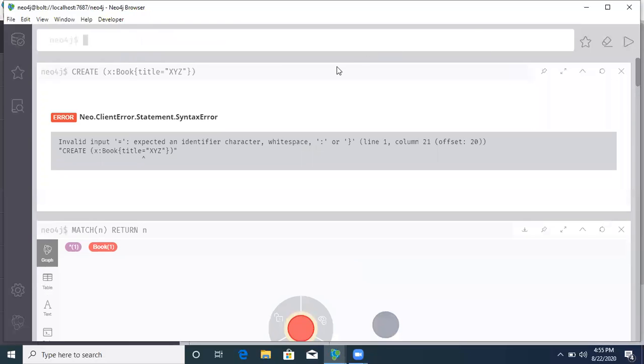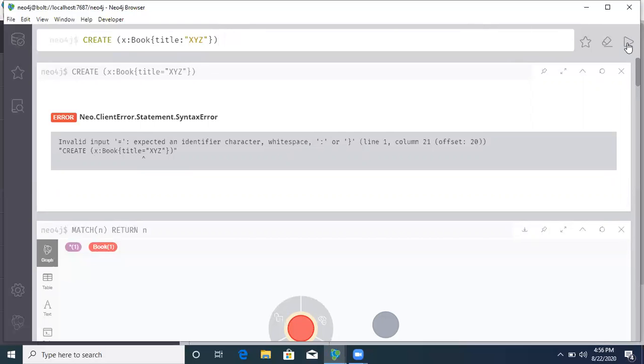Okay, it is showing an error. Instead of equal to we should have used colon, right?